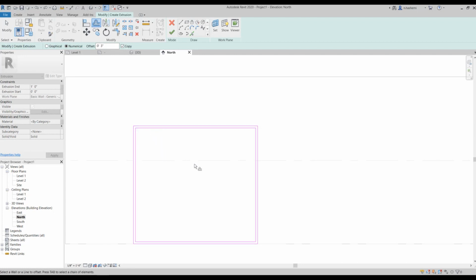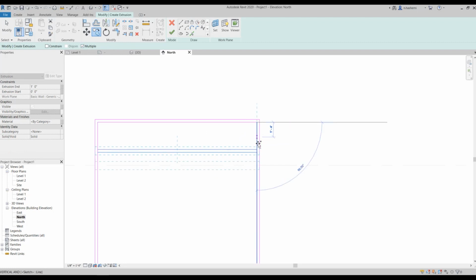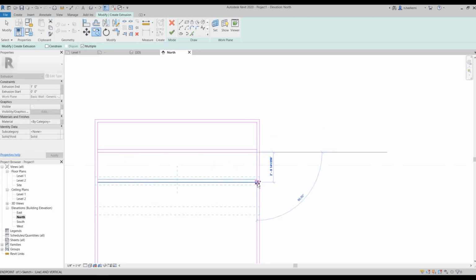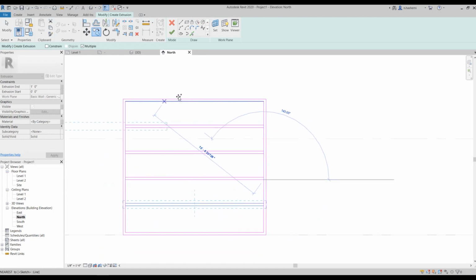Okay, and now I'm going to add some shelves. So I'm gonna offset this one, and I'm gonna make some copies. So multiple. I'm gonna just copy these. Okay.